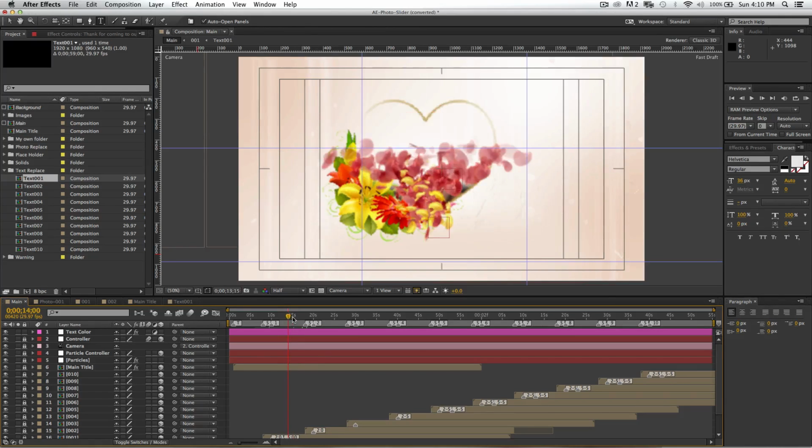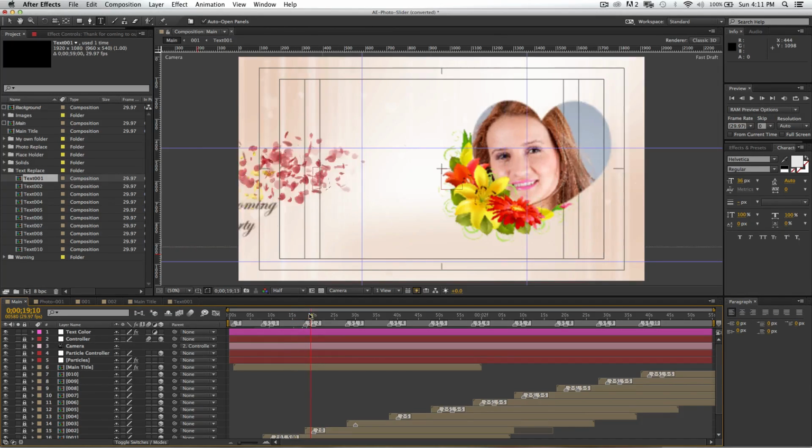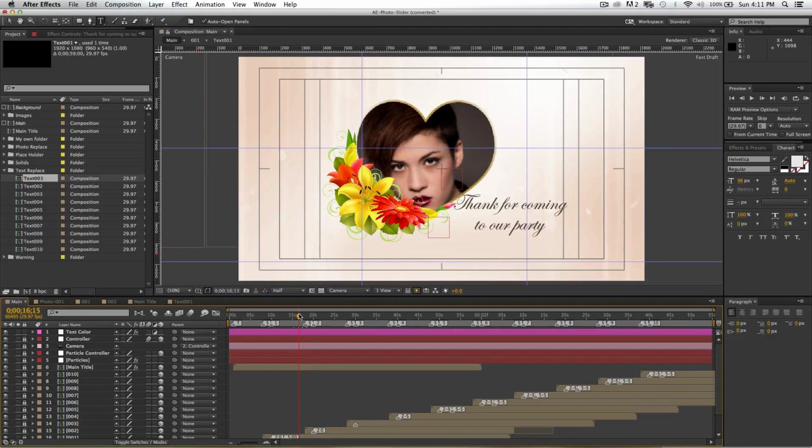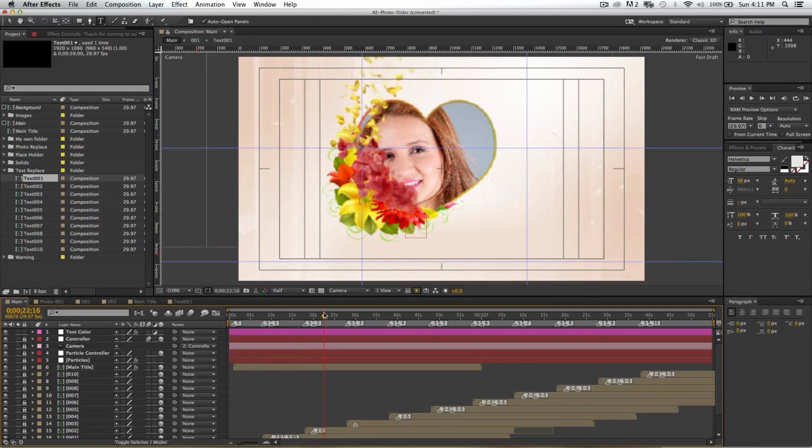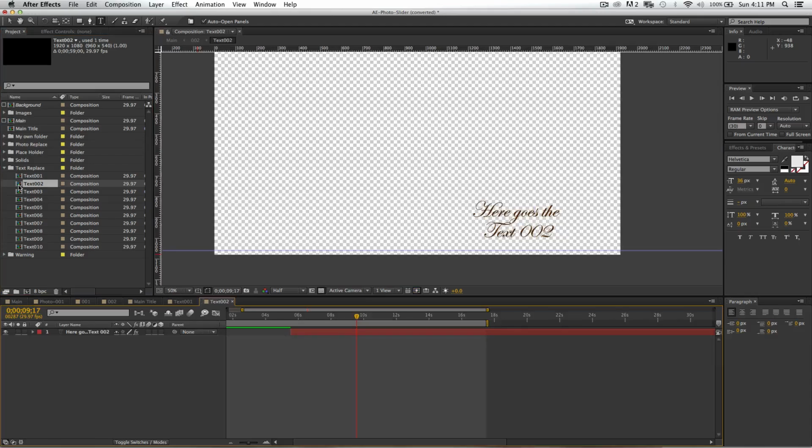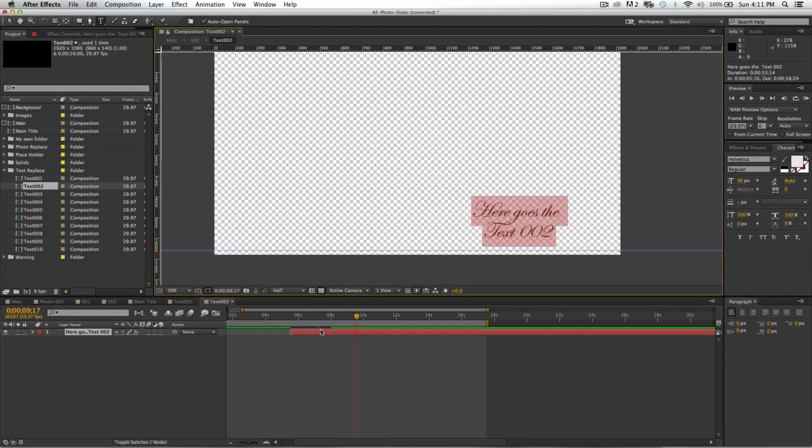The animation is still the same. Only thing we need to change is the color. If you like, you can leave the same color. So if we jump to the second placeholder, actually what the text is. Alright, then we need to double click the text 002 actually, and also double click the layer,